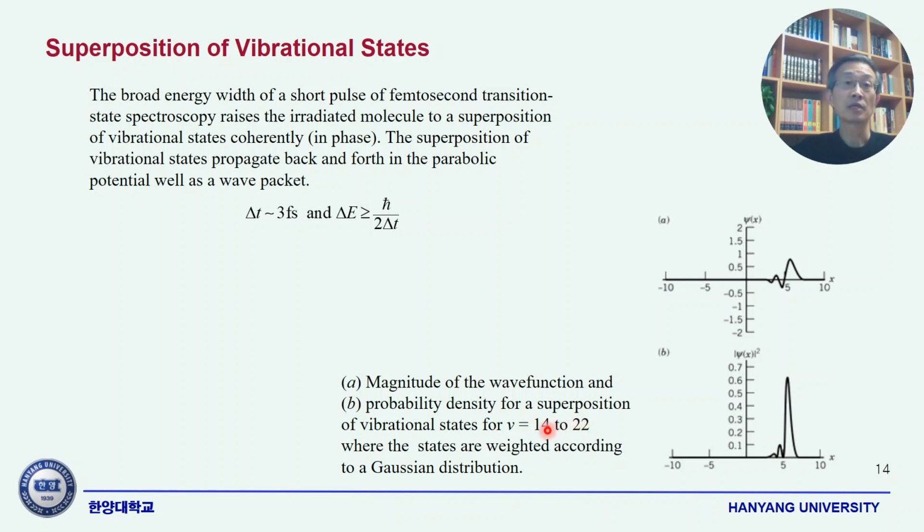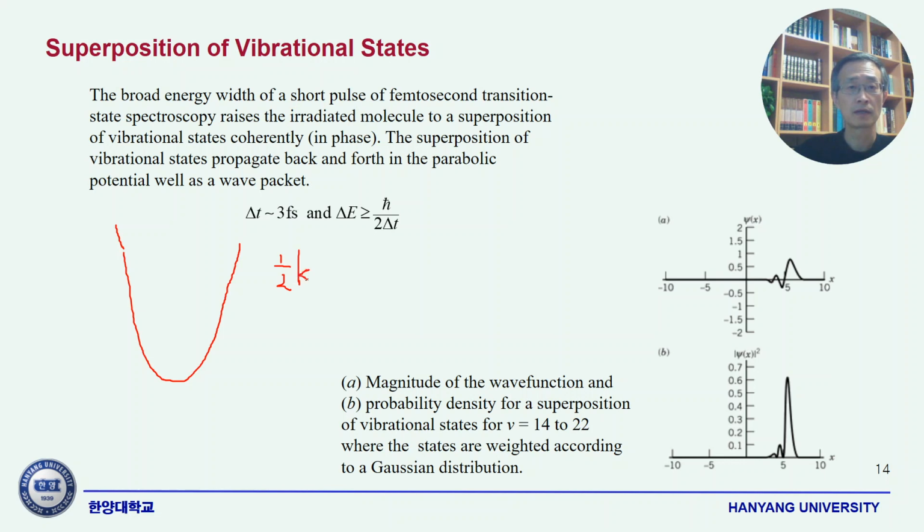So the resultant state is a superposition of the wave packets corresponding to vibrational quantum numbers 14 to 22. You see that your harmonic oscillator potential function is 1/2